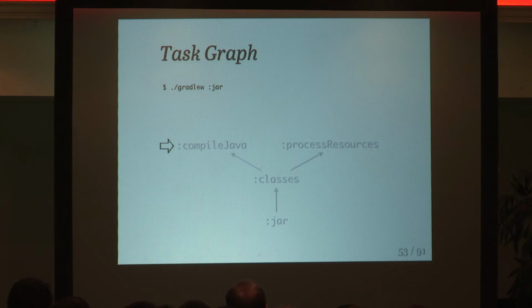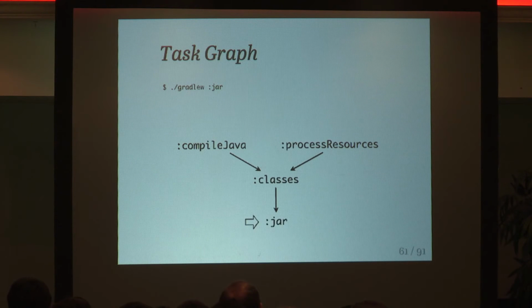Are all of my dependencies met? Yep, because we don't have any. And so Gradle can go and just call compile Java and run that task. And this one will take the Java source code you have and turn it into Java bytecode, the .class files. And now it won't still be able to build classes, right? Because it also needs the resources. So same thing happens here. Can I build process resources? It doesn't have any dependencies. Yep, we can. It will collect the resources, and now the classes task can collect both of them and put them in one folder. And that one is fed into the jar, which just zips it up and emits the jar